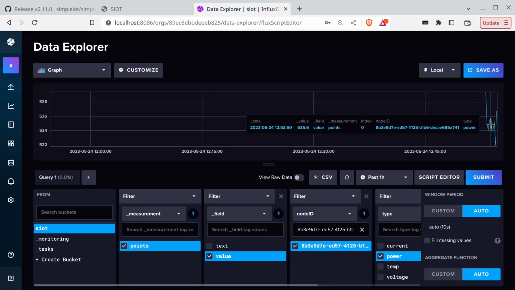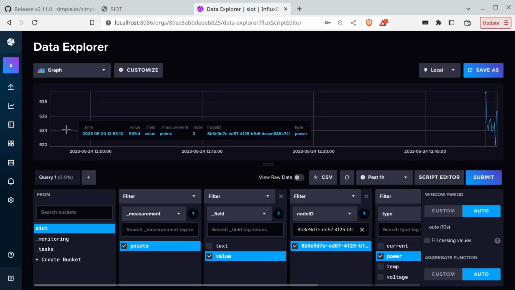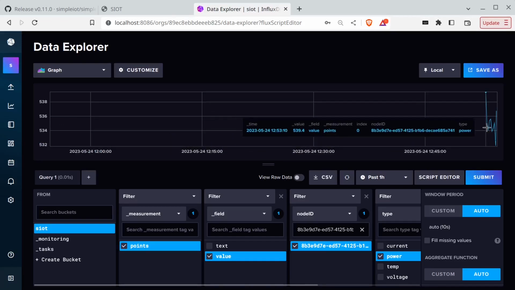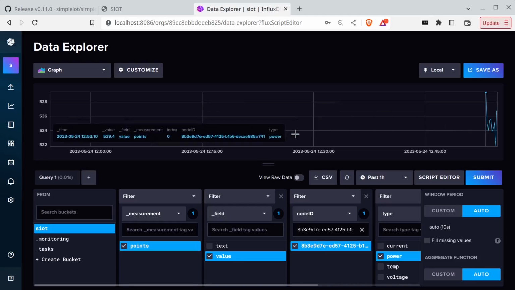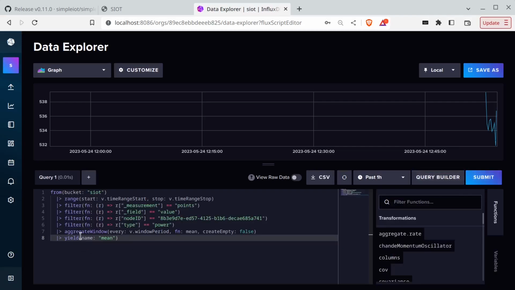Now, we can see the power data is now being displayed, and looks like we're running around 500 watts for this fan we're running. So the InfluxDB Data Explorer has a nice query builder where you can interactively discover your data. You can also view a script editor view, which is the raw